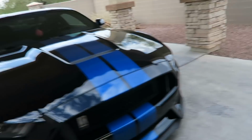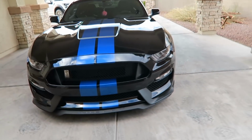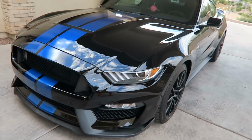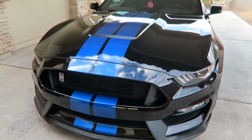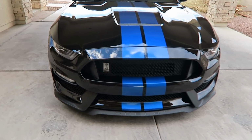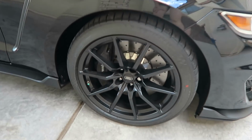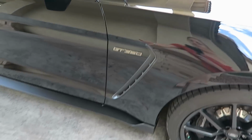And there are a few reasons why I got this car as opposed to my GT. There was nothing wrong with my GT. I absolutely love that car as well, but this car has a whole different look. The front bumper is obviously different. The grille with the Cobra rims are different. Really like these rims. Fenders,